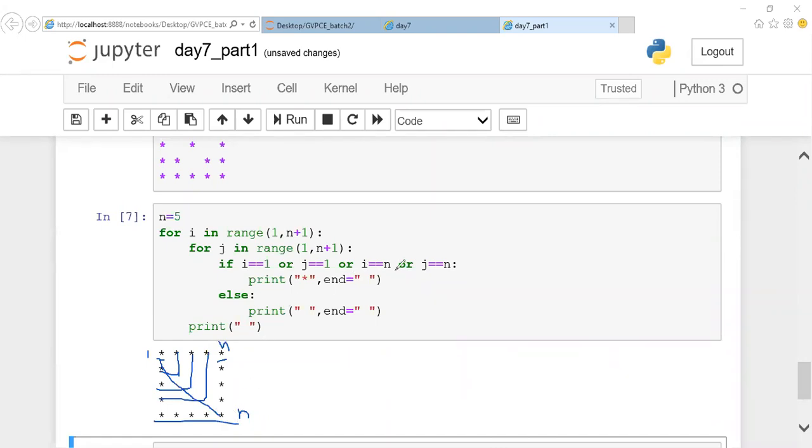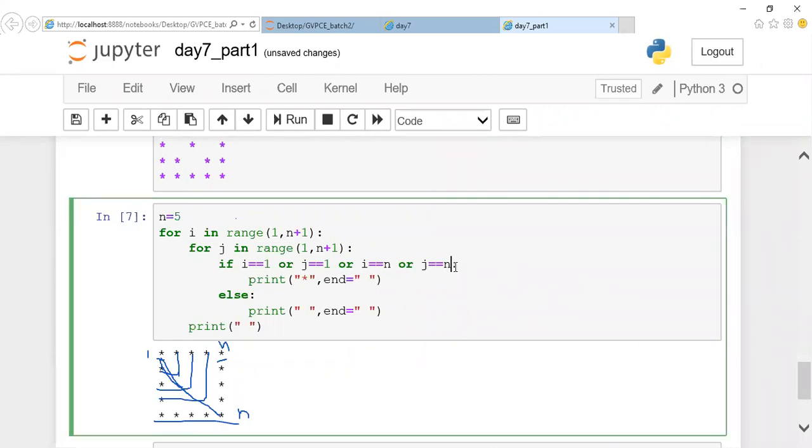So for the diagonal condition, what should I mention here for this diagonal? When your i value and j value are equal, this particular column is dealt with by i and this particular row is dealt with by j. So I can apply one more condition here: or whenever my i value equals my j value.